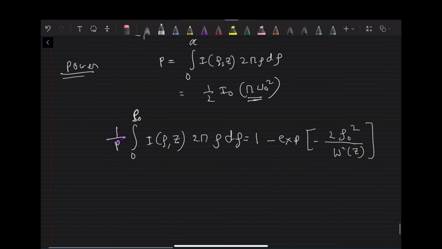And using this expression we can actually find out what is the total power